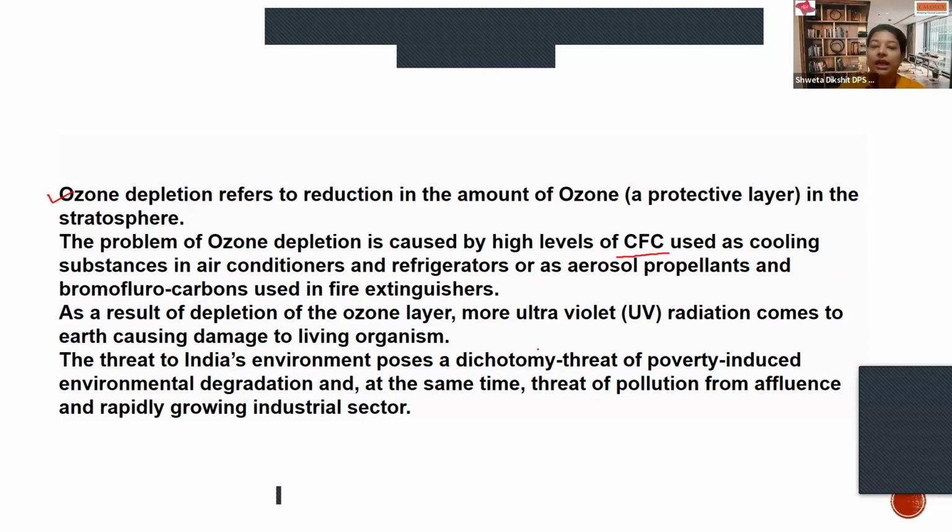So what happens when there is ozone depletion? It actually allows the ultraviolet radiations to directly come on the earth, which may cause damages to the living organism. Especially the diseases like skin cancer are very much possible by the direct contact of UV rays and human skin. So many such problems can be released by the depletions of ozone and many more other challenges related to pollution.